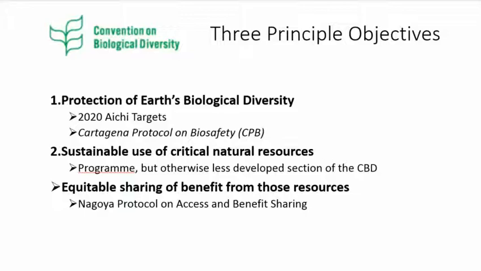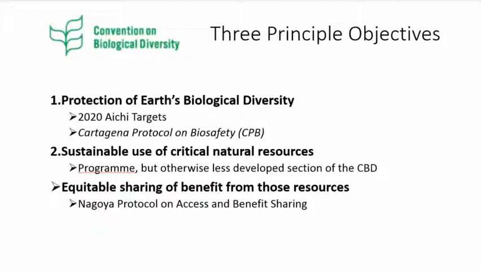And so there's now protocols on access and benefit sharing to help countries protect their rights with respect to biological diversity that has economic value. But there's also the Cartagena Protocol on biosafety, which is about movement of genetically modified organisms across international borders, trying to maintain some control on that. But these 2020 Aichi targets are this idea that the Convention on Biological Diversity is trying to foster the protection